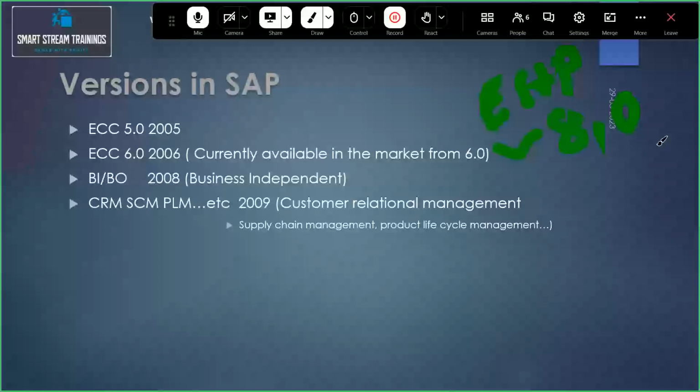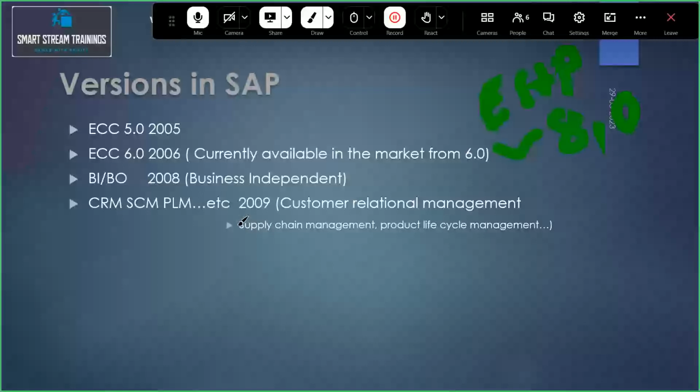Through this, they added the latest additional objects, and business related objects are included using this EHP 8.0. So what are the additional tools? A few examples are business objects and business integrations, these are the modules they added. And going forward, there are different modules: CRM, customer relationship management, supplier relationship, and plant maintenance. Like that, we have almost 200 modules. So this ECC version continued until 2009.